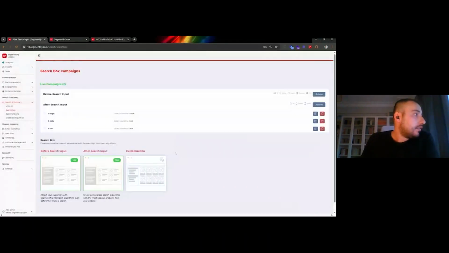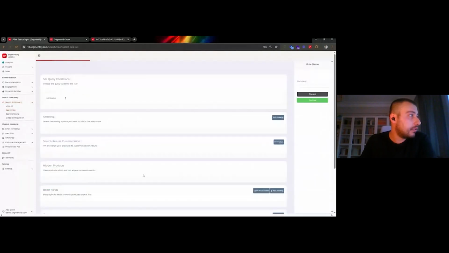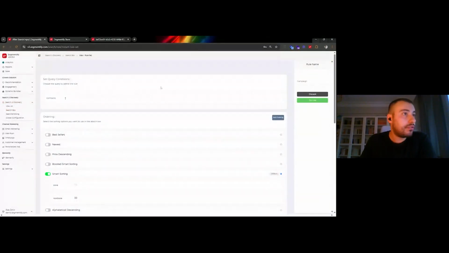And for the after search, let's say, we can do some customizations based on the queries, based on the keywords that have been typed. So you can define it from here, like we have a customization box. When you select it, this screen will be shown. So what we are doing in here is setting query-based rules for our after search, which means,